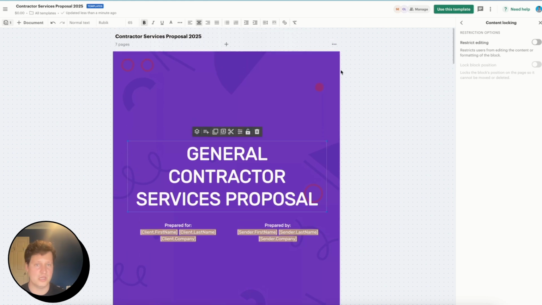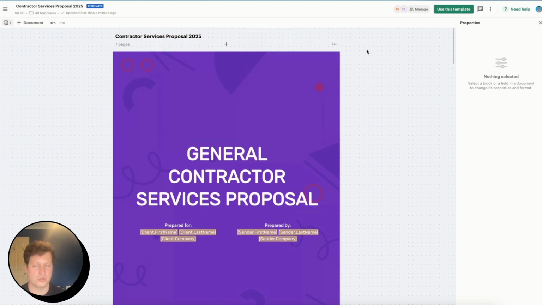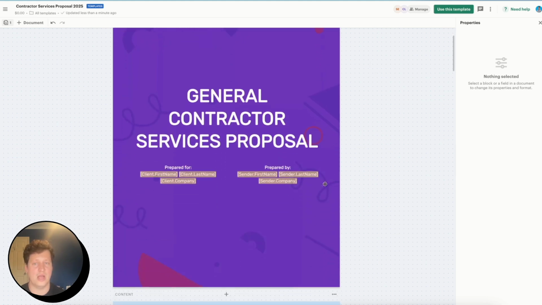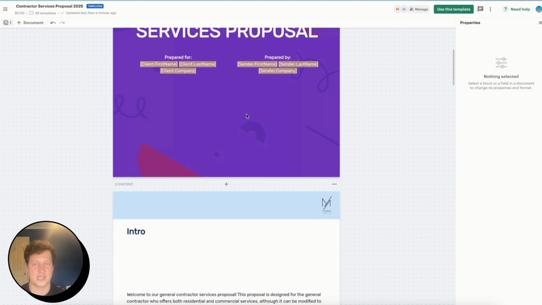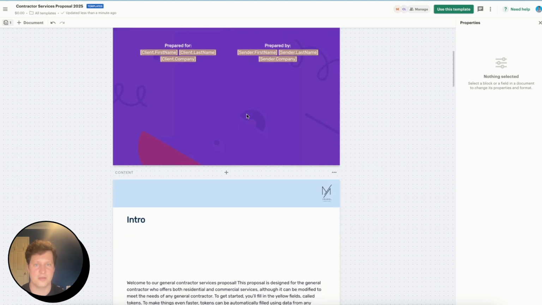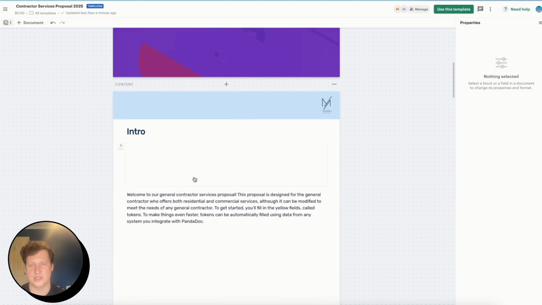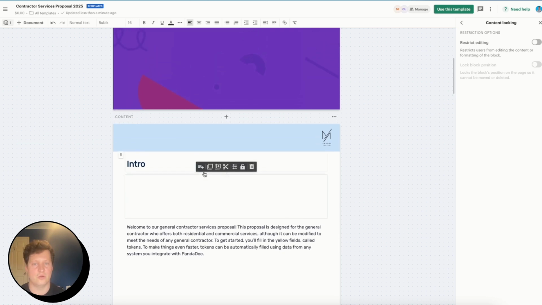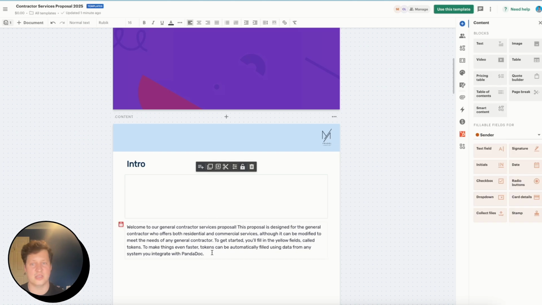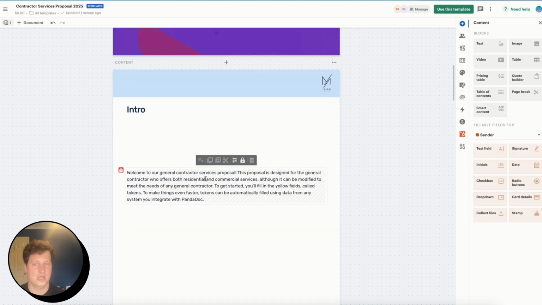Best practice would be starting out with a proposal template. If you're just getting started with PandaDoc, you'll start your proposal template and you'll add your sections to your content library, say case studies, testimonials, and stuff like that. When you add them to the content library, you've got this exact same editor, and you can go ahead and lock various elements of that. You might have, for example, the case study